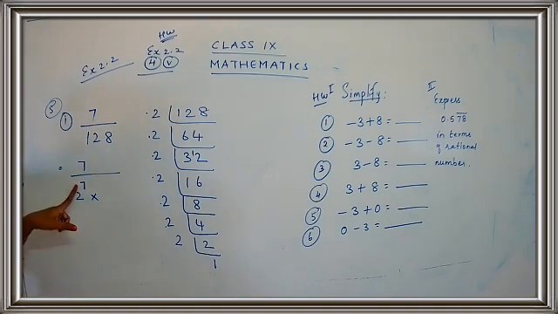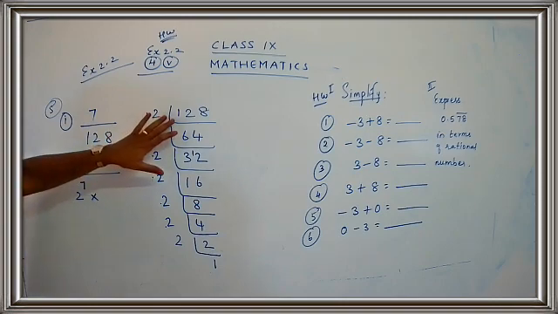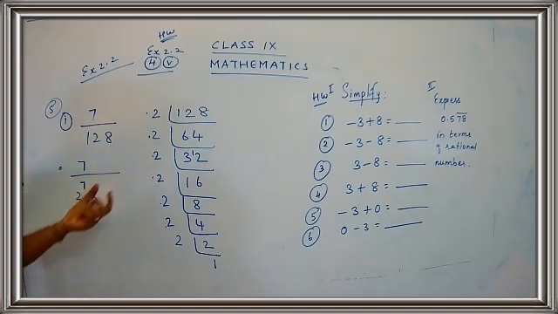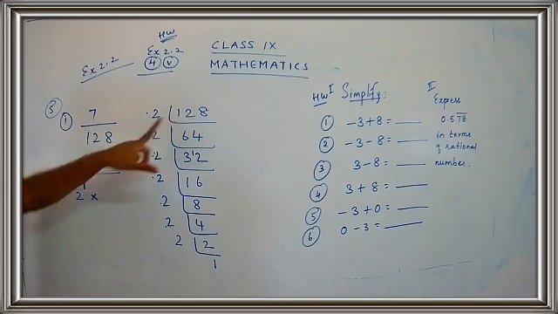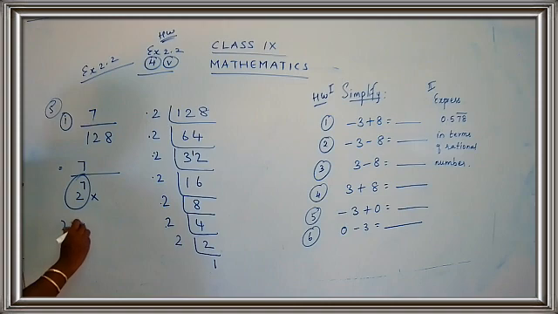You have done this in your 8th standard. We have just written how to write down the numbers in the form of power. If a number is given, you can write down the number in terms of power. So how have you written 128? We have written 128 as 2 raised to 7. So the number 2 is being repeated 7 times. So instead of writing 2 into 2 into 2 into 2, we write 2 raised to 7. How to read this? 2 raised to 7 or 2 power 7, one and the same.